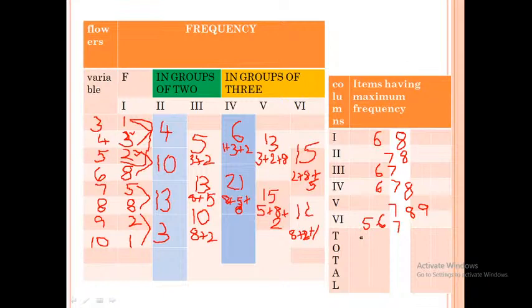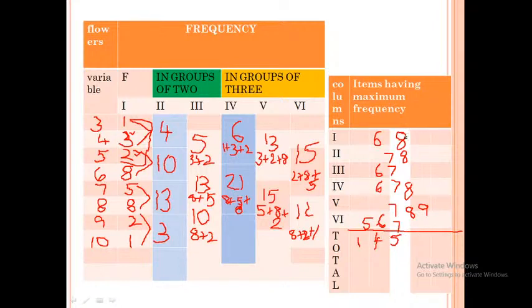So we have completed writing the frequencies in the analysis table, and this is the analysis table. And now here you have to write the total of all the values. 5 is repeated only once. 6 is repeated 1, 2, 3 and 4 times. 4 is the frequency of 6 in the analysis table, and 1, 2, 3, 4 and 5; 5 is the frequency of variable 7 in the analysis table.